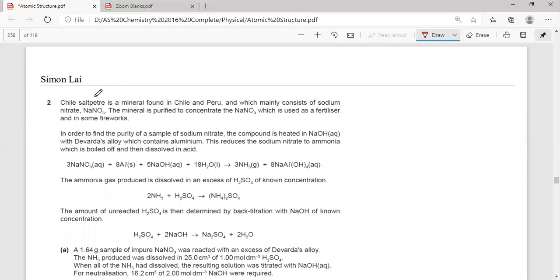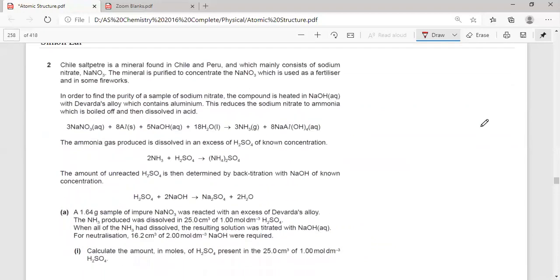Different one. Okay, now we have Chile saltpetre, or Peter, a mineral found in Chile and Peru, which mainly consists of sodium nitrate. It's used as a fertilizer. The mineral is purified to concentrated sodium nitrate, which is used as a fertilizer and in some fireworks. In order to find the purity of a sample of sodium nitrate, the compound is heated with NaOH